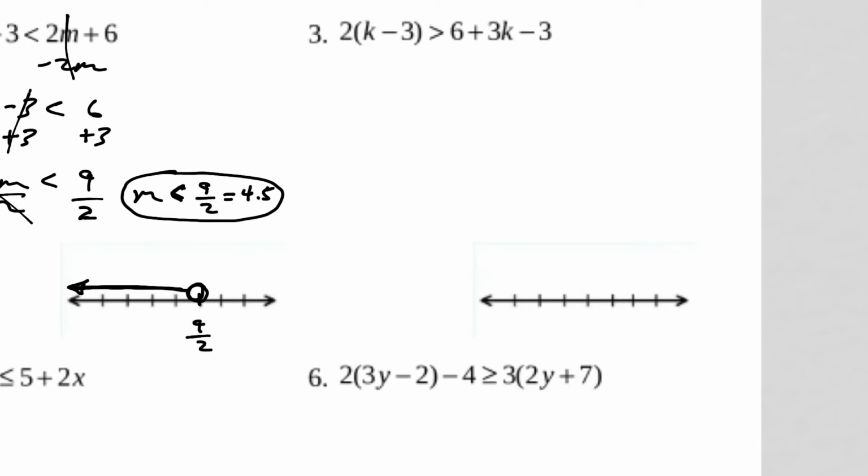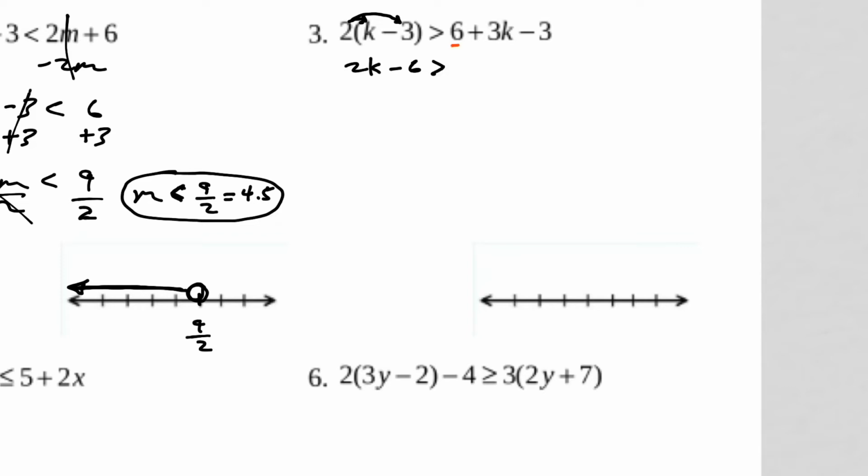The first thing I'm going to do with number 3 is distribute on the left-hand side of the inequality. So I've got a positive 2 times a positive k, so that's 2k. And then a positive 2 times a negative 3, that's a negative 6. And then I bring down my inequality symbol, and then I think you can see that on the right-hand side,